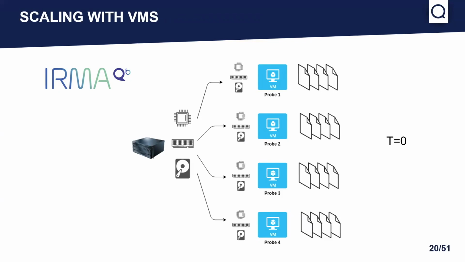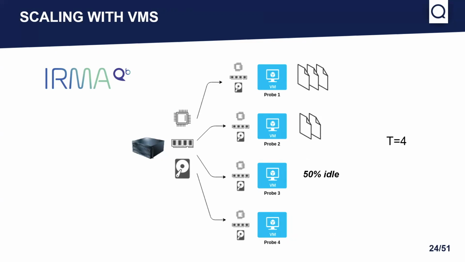What happens if I have 4 files to analyze? I will put them in queue, and at t equal 0, I will have 4 files in each of these VMs. After 1 second, I will have 2 files processed. After 2 seconds, I will have 5 processed. The probe 2 had enough time to process 1 file. After that, it's still going on with the fastest probes. And at t equal 4, the queue for probe 3 and probe 4 will be empty, as they are probes that process files every second. Probe 2 has processed half its queue, and probe 1 has only processed 1 file.